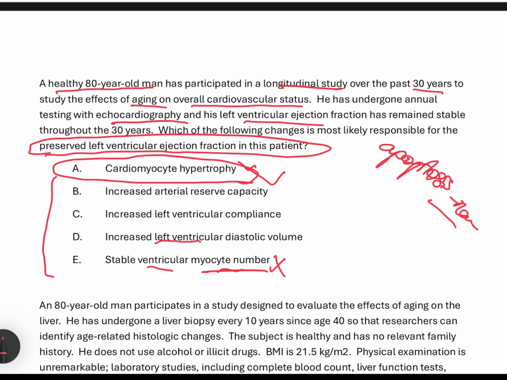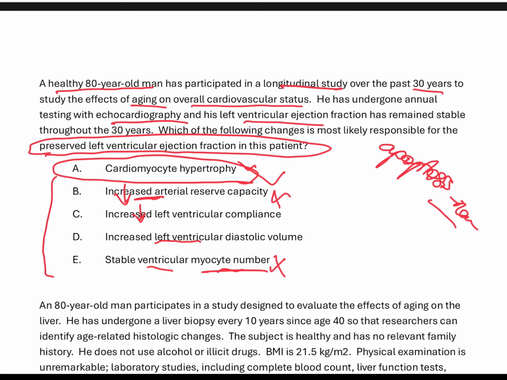The loss of ventricular cardiomyocytes weakens contractile strength, and in addition the aorta and other large arteries stiffen with age. When they stiffen, compliance decreases, and they become more stiff, so atrial reserve capacity is reduced. So that is not the answer, because they say increased. The increased left ventricular afterload is compensated for the cardiomyocyte loss, and cardiomyocyte hypertrophy will be there. There is a mild concentric left ventricular hypertrophy, and this allows for the maintenance of left ventricular